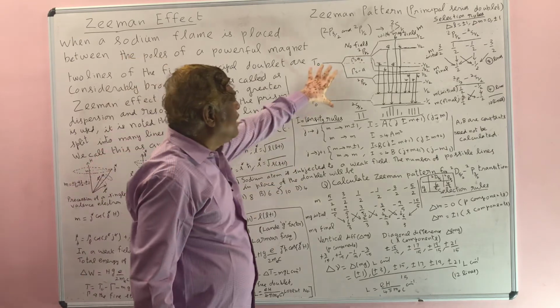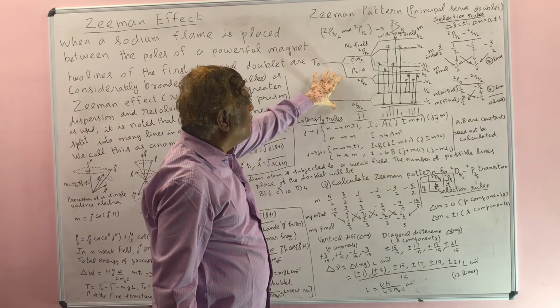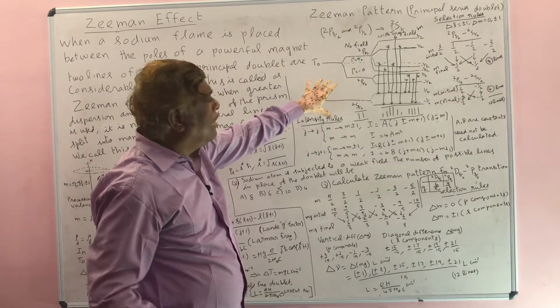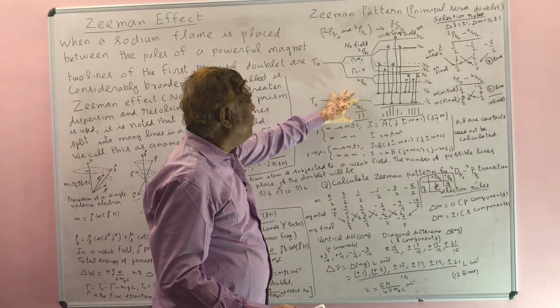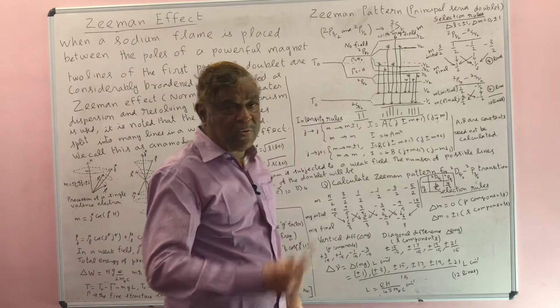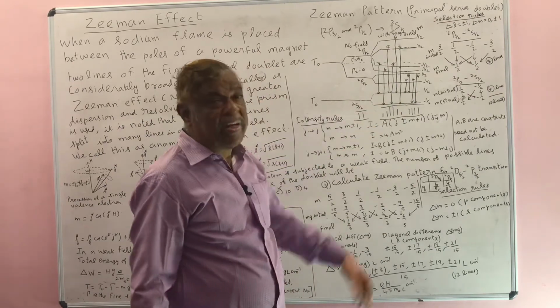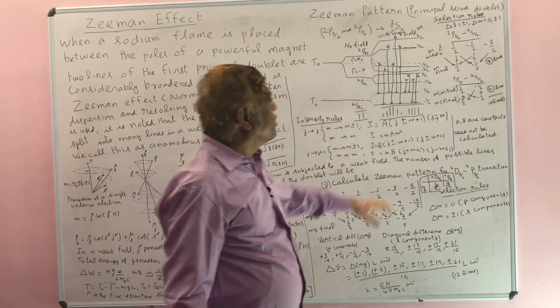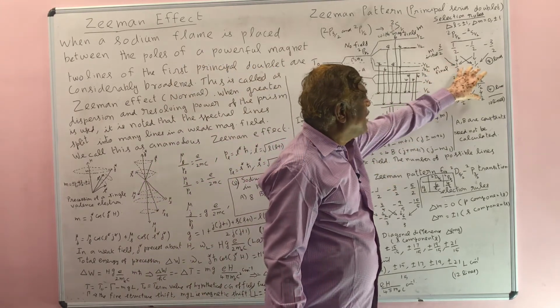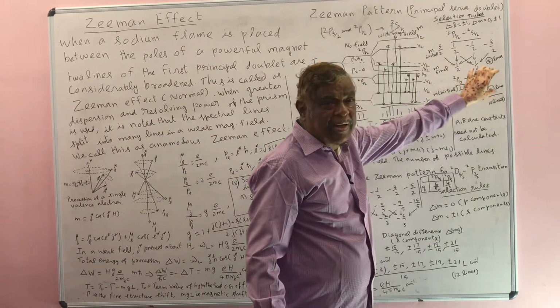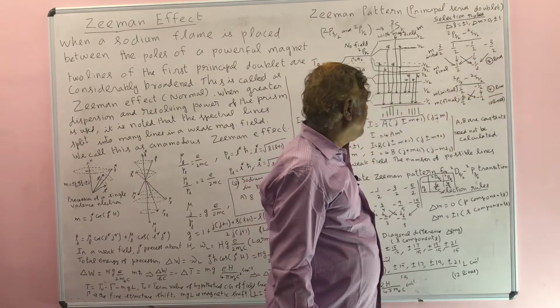You need not draw the energy level diagram. If you draw the energy level diagram, it will take time, or there may be a possibility of missing an element. But in the competitive examination, you have to do it very quickly and correctly. So this will give the correct number of lines, correct number as well as you can do it very quickly.